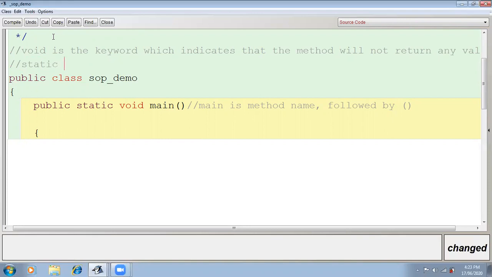The next is static. Static is also a keyword.